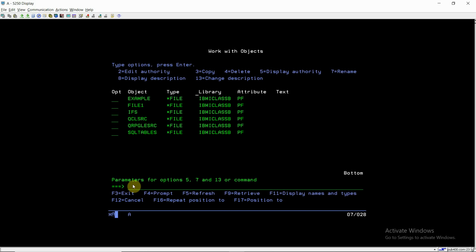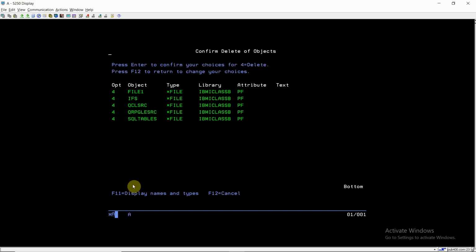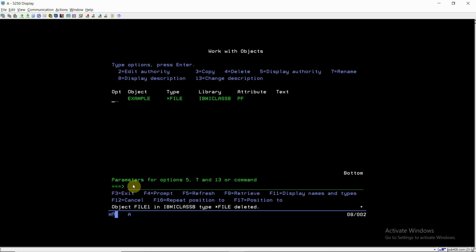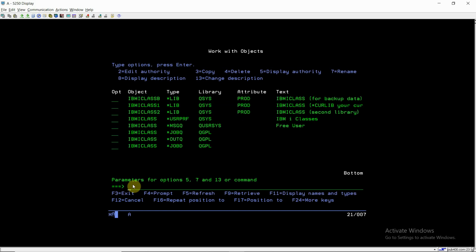Now suppose I delete a few of these objects, so that only the example object of type *FILE is left in this library.